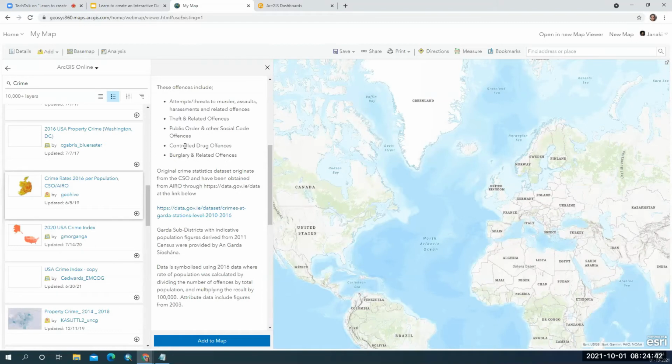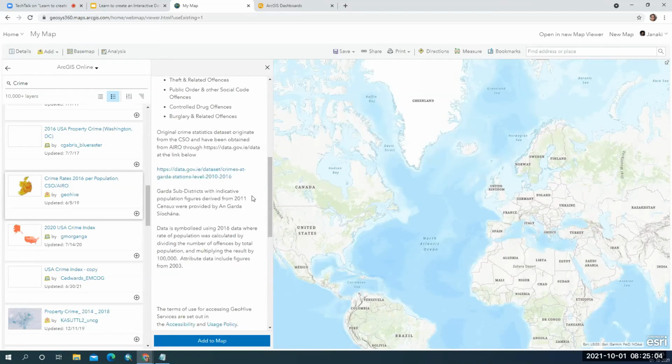This is basically authentic information because it is an original crime statistics data set originated from the CSO and has been updated from this government website. So this is officially authentic information which we can now use to make our dashboard.